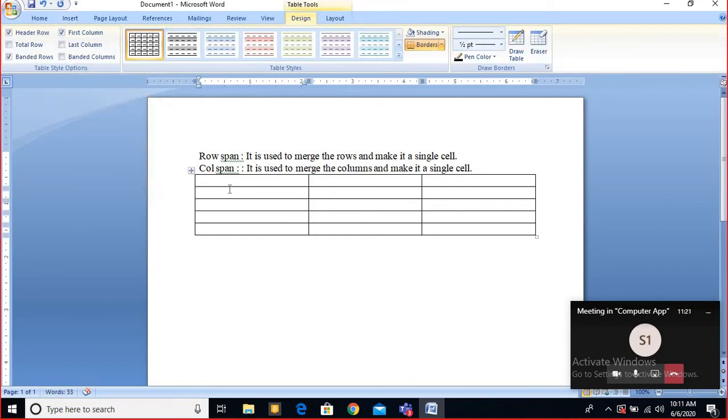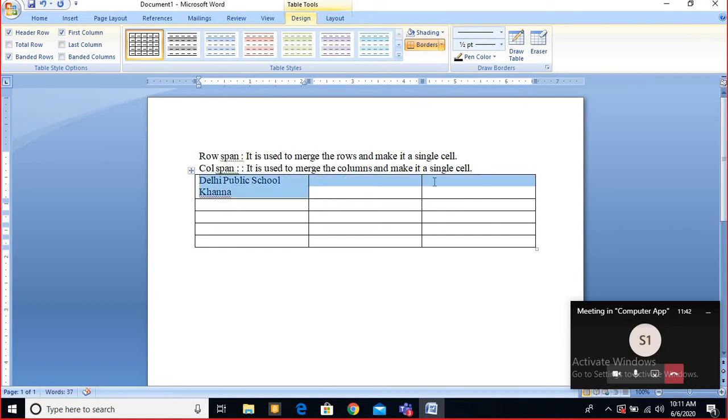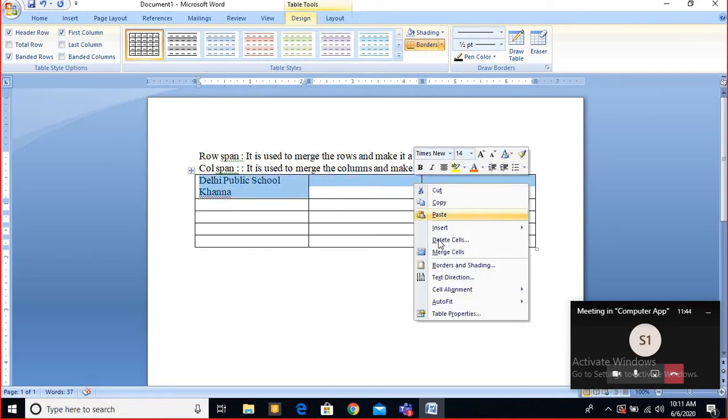Say this one I have written here, just to clear you, student list, or just I have written the name of your school, Delhi Public School Khanna. Now you see what I do, I am going to merge this, just wait a minute, merge cells.